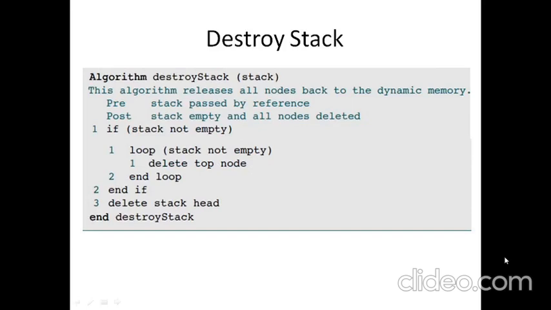Destroy stack is like you just remove the stack, and for removal you can simply change the head to a null value. So if you assign null to head and count to be 0, then indirectly you would have destroyed the stack, because once you lose track of the stack by erasing the head pointer, automatically the stack nodes will be recollected by the memory management, and that memory will be reused for some other application. So that is the end of that particular stack.